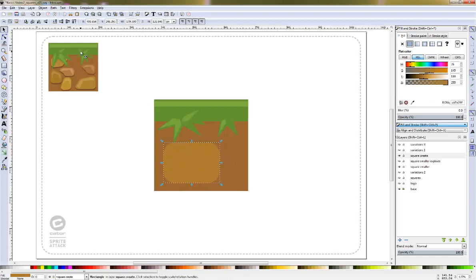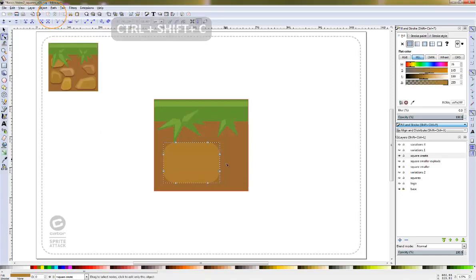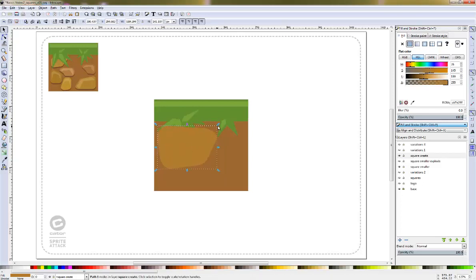Okay, now this one we convert again from an object to a path. This allows us now to select not 4 but 8 nodes that make up the rounded rectangle. So we want to select 2 and we move them in slightly just to create a more organic, less even shape. Placing it